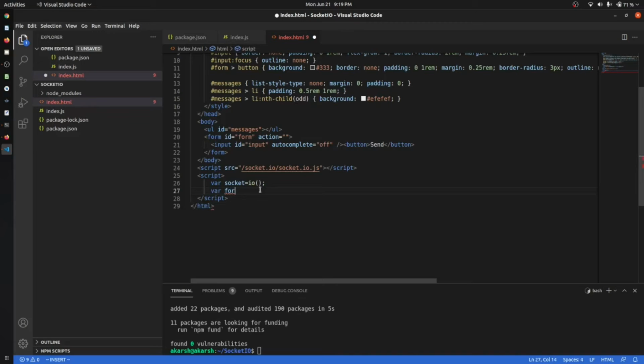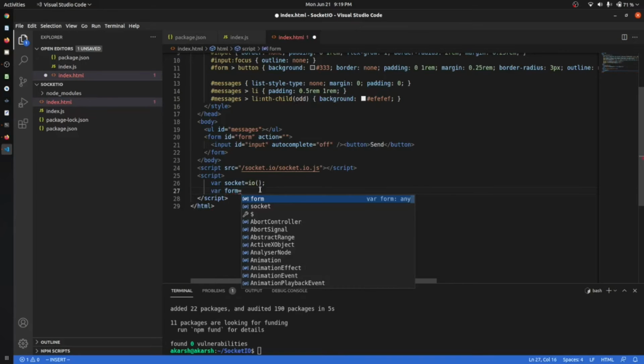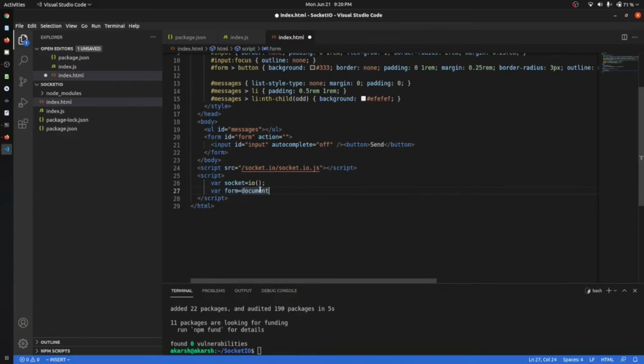We will create a variable form, and say document.getElementById form. In the same way we will call the input with document.getElementById input. Basically, you can see that we have the id in the form and the input tag.